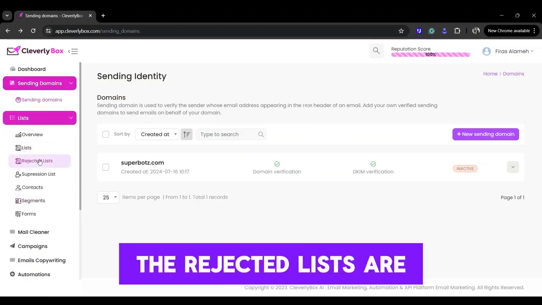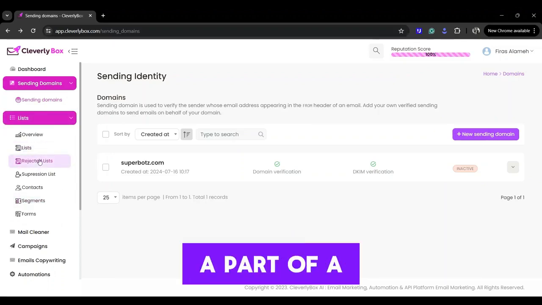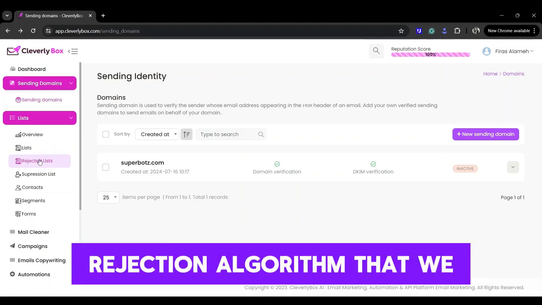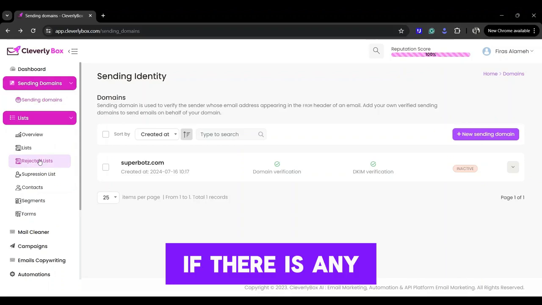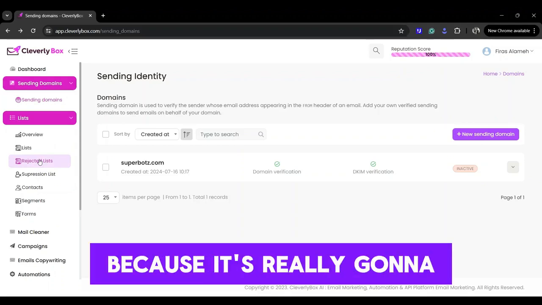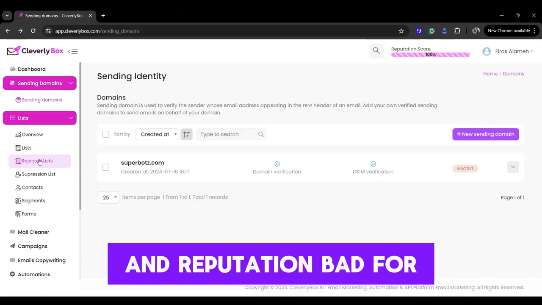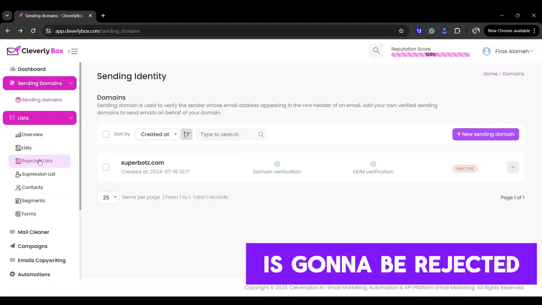Now, the rejected lists are basically a part of a rejection algorithm that we built. Our system detects if there is any kind of list that is really bad for you to send because it's really going to ruin your score and reputation, bad for the platform as well, is going to be rejected for